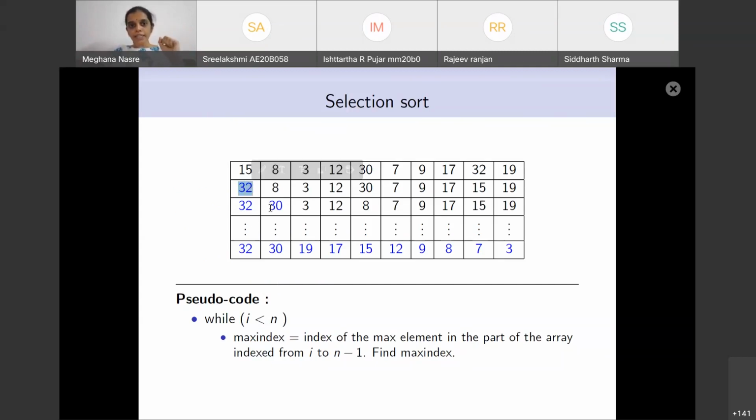After you have done two iterations of this loop, the second element contains the correct next maximum, assuming that elements are distinct. The third will contain the third maximum, and so on, and therefore your array will get sorted. Again, this is modulo that there are no duplicates in the array.